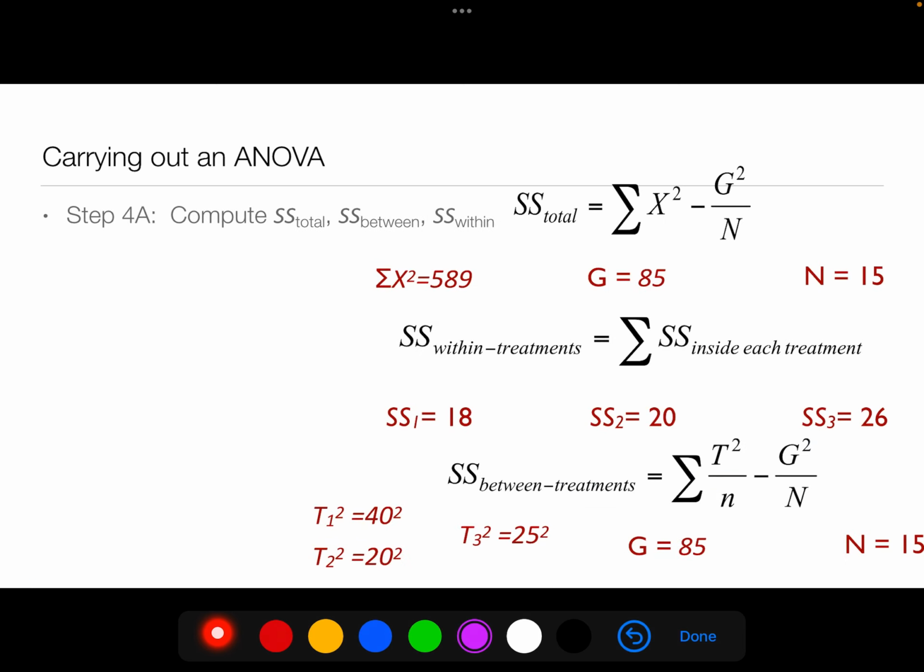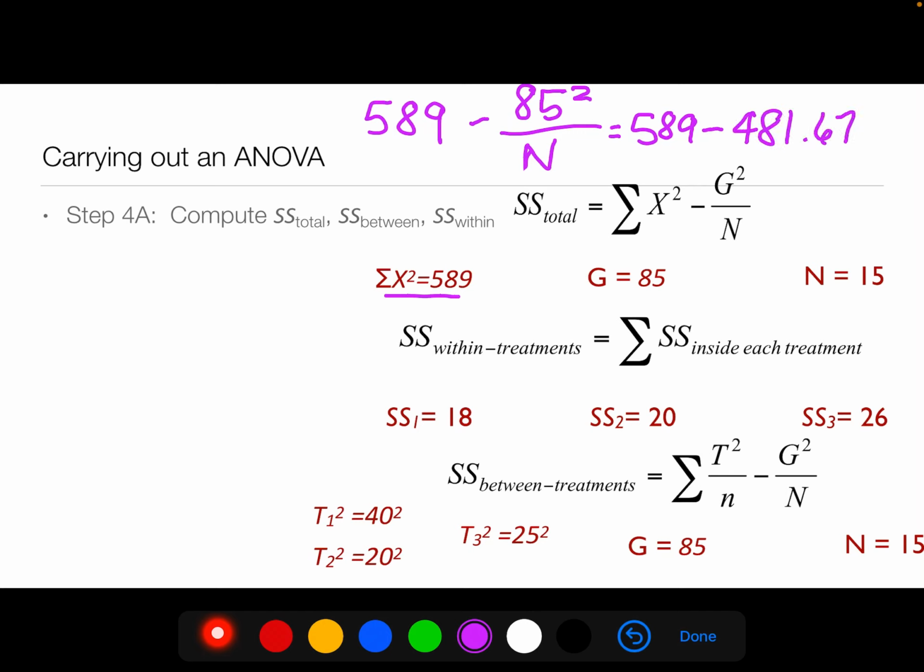So all of those values that we just calculated are here on this sheet. To calculate our sums of squared total, I'm going to do this one at the top. We had our 589, right? This value here. And we're going to subtract our G, our grand total, 85 squared divided by our big N, which is 15. We reduce that out, we get 589 minus 481.67. We do the math on that, and we get our sums of squared total is equal to